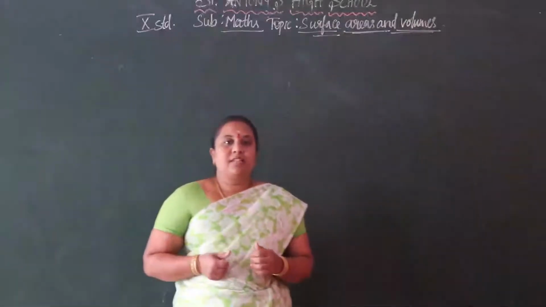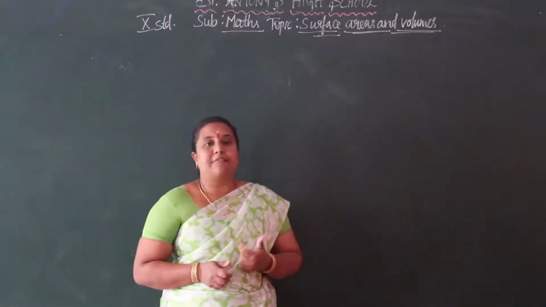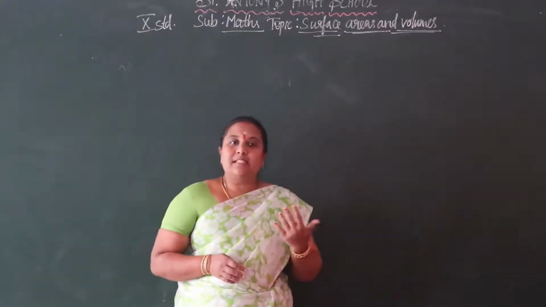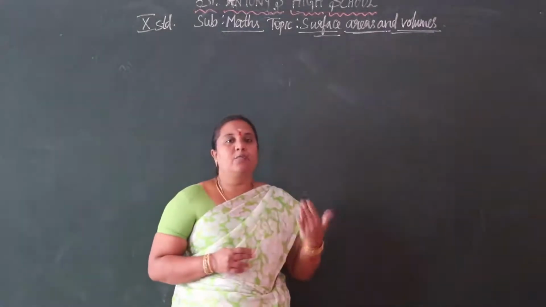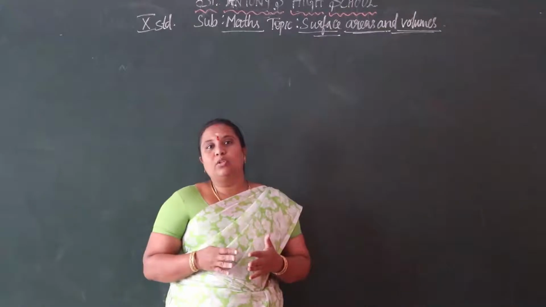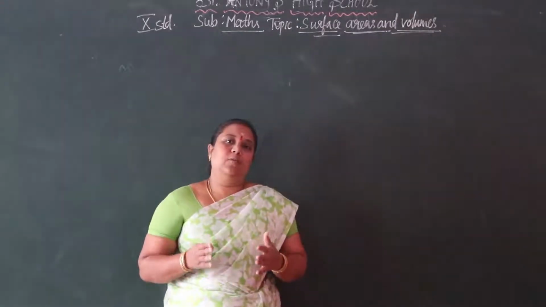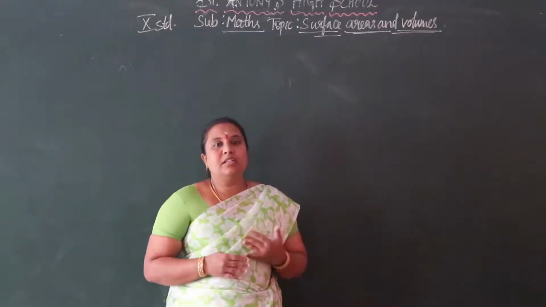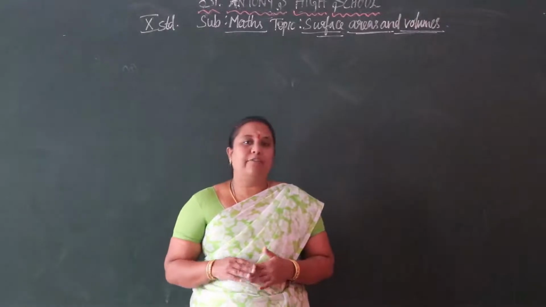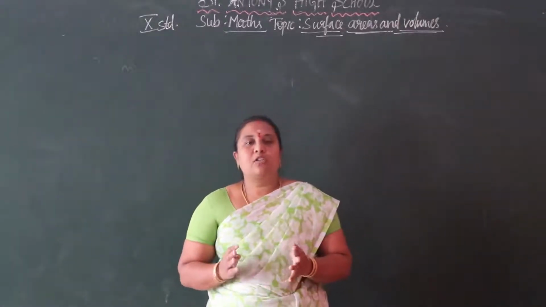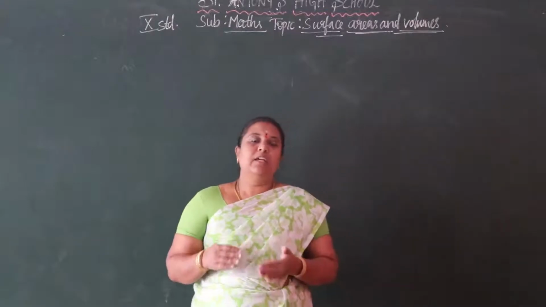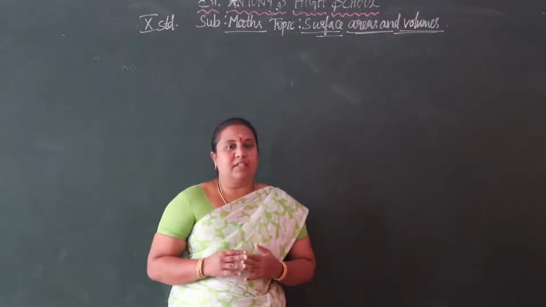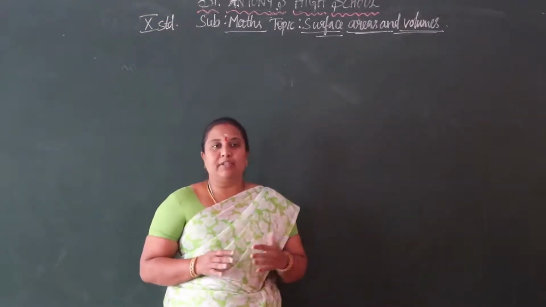Hello children, so we saw in the last class our chapter, Surface Areas and Volumes, in the geometrical part. Here we saw about areas and volumes of solid figures. You know the formulas of area and volume of solid figures. Here we are seeing the area of combinations of solid figures in our day-to-day life. We come across so many solid figures, and for that we are seeing the area of solid figures now.